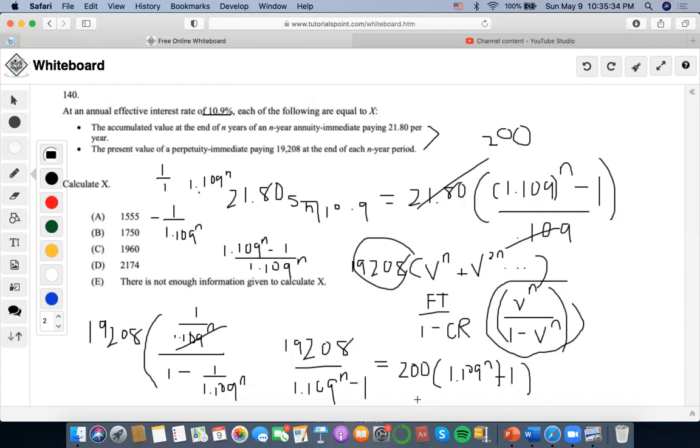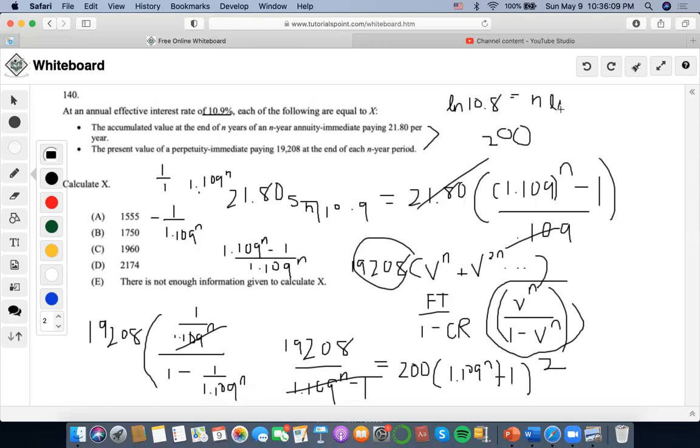So we see a similarity there. So if I were to cross multiply, this would become squared. And then if I were to do 192.8 divided by 200, that would be 0.9604. So bring the squared over to the other side. Right, then I would add 1 to get 1.0.8. So it would be ln, if I were to do logarithm to bring the n exponent down,